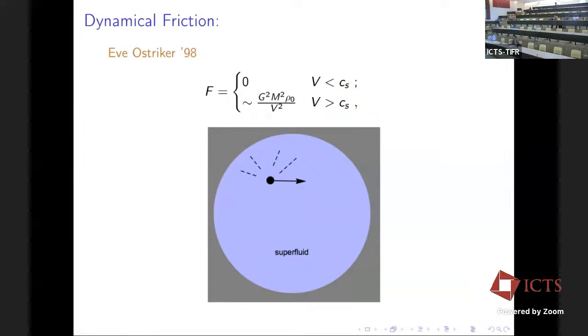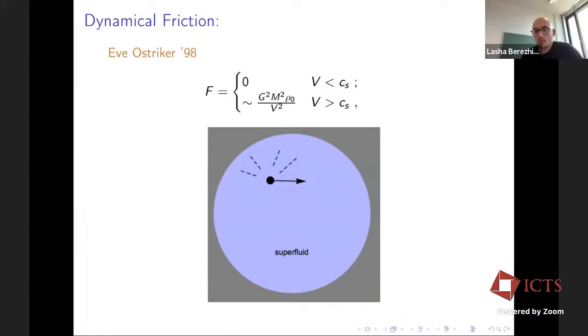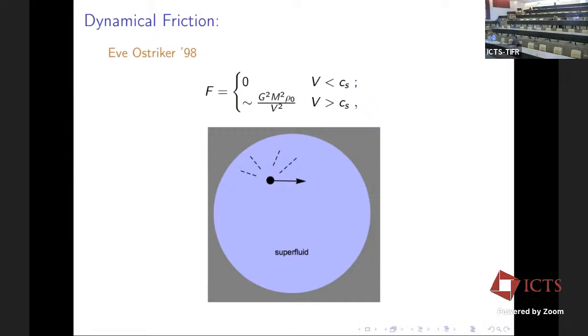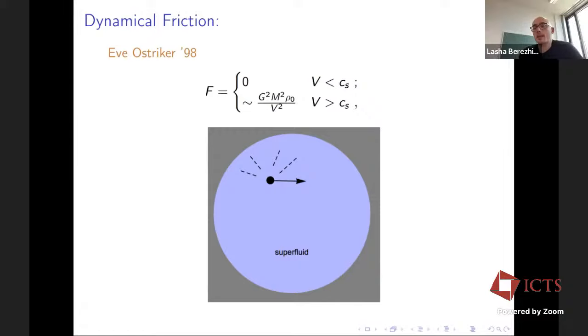Pierre Sikivi and his collaborators for many years have been working with the axion and also doing something very similar, in the sense that the axions thermalize through various interactions and then form a Bose condensate. They don't use the word superfluid, I think, and I don't think they call it a soliton, but isn't it the same thing? Of course, the potential is different. Yeah, that's a good question.